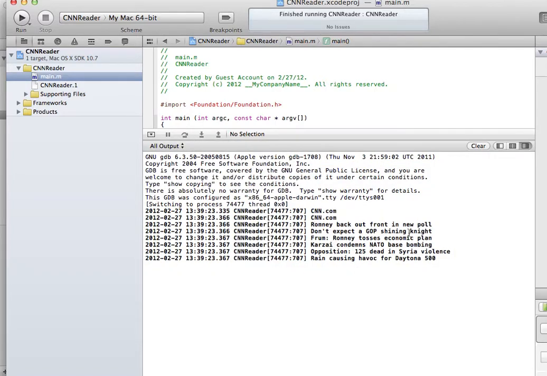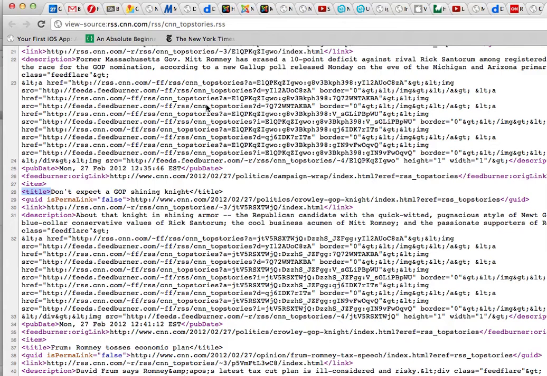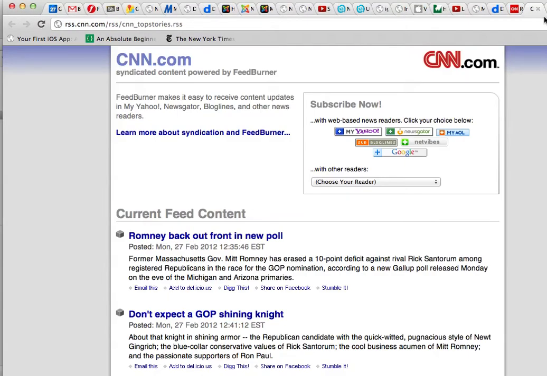CNN.com, Romney back out, don't expect a GOP shining knight, Romney tosses economic plan, Karzai condemns, etc., etc. These are the headlines, and we saw that they match what the headlines are, well, of course in our source, but in our CNN website. You can see Romney back out, new poll, don't expect GOP shining knight. You see the same headlines. That concludes